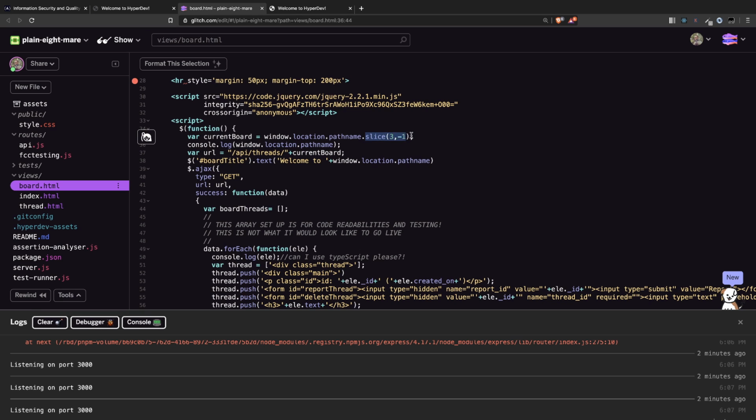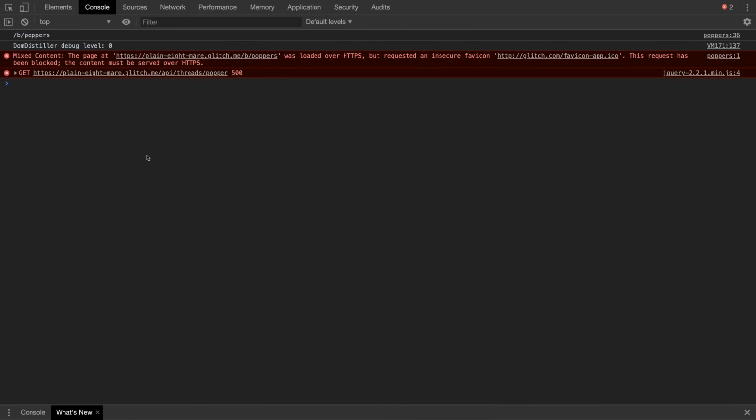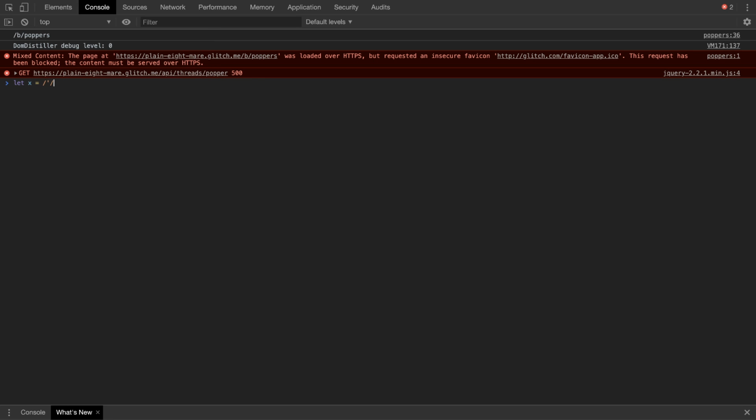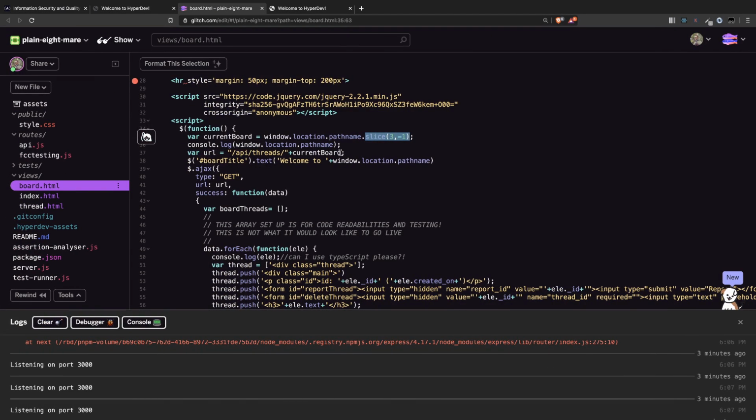Okay, let's play around with the slice method here in the console to understand how it works. So let x be b/poppers, like that. Now if we do x dot slice 3, -1, we get popper. If we do 3, 0, we get nothing. If we do 3, that will be good. Now I think they put the -1 there because